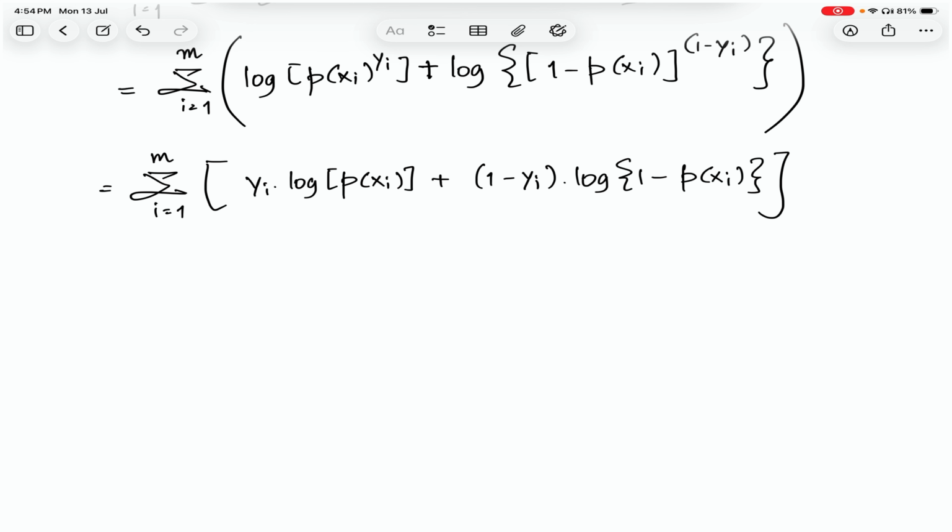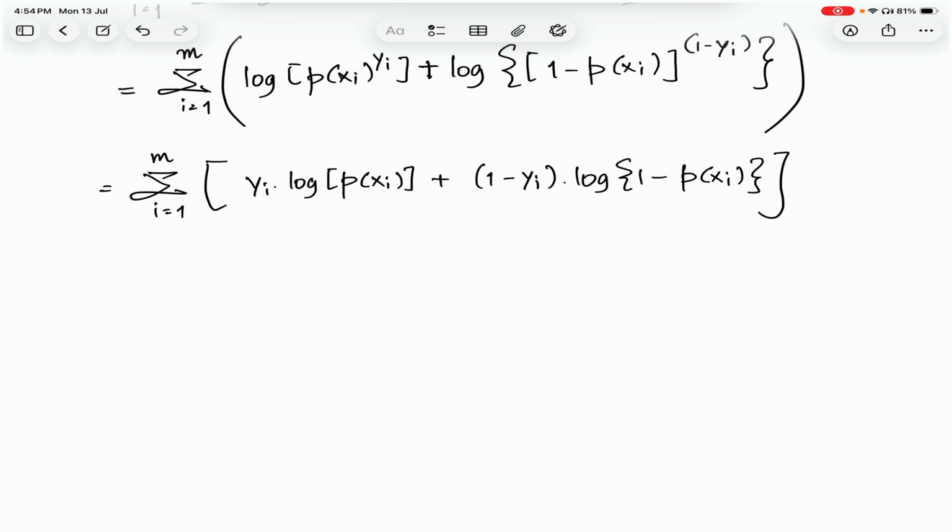So upon further simplification, this can be simplified further to 1 plus exponential negative z minus 1 over 1 plus negative exponential z. So we'll have these terms cancelled out, which should give us summation from 1 through n of log yi times